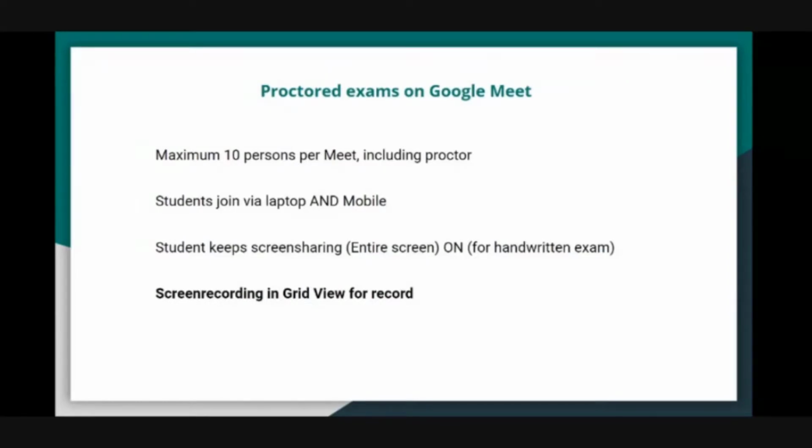To do that, instead of recording on Meet, you could do it via a screen recorder. Rather than recording the meeting directly in Google Meet, you could simply turn on a screen recorder and record everything in grid view, for your own reference. Like the proctor could do it and then later share it with the instructor.